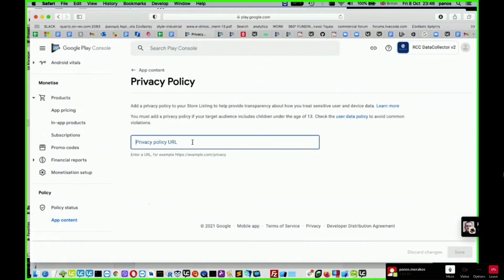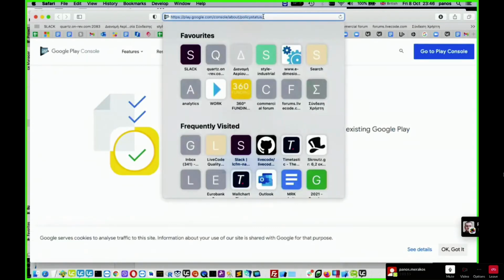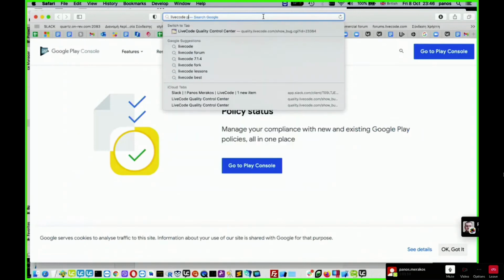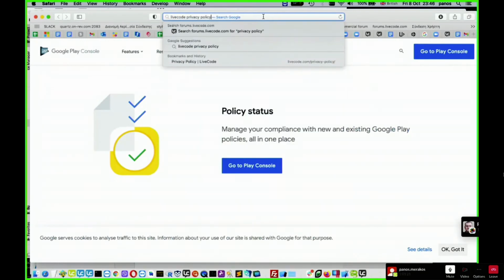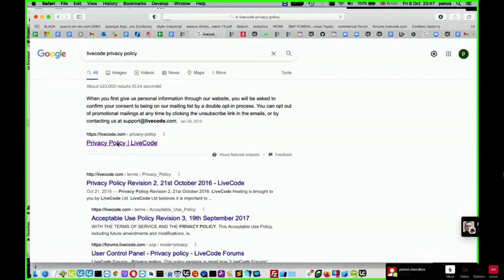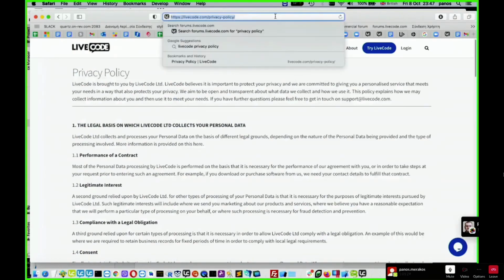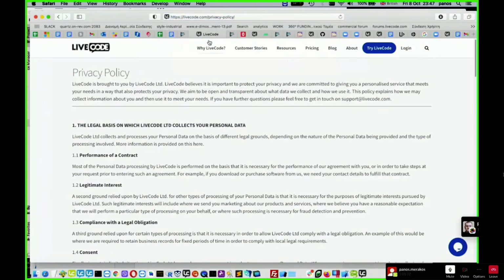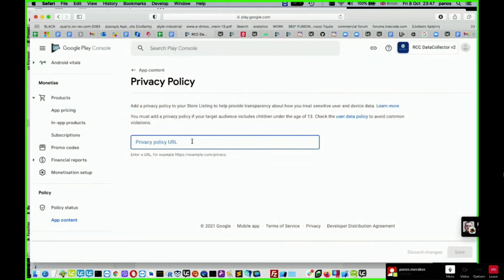Privacy policy URL. Okay. I'm going to grab the one from LiveCode, but you should have your own privacy policy. And paste this here. So you have to provide a document that would describe how you treat user data and what you do with this. So save.